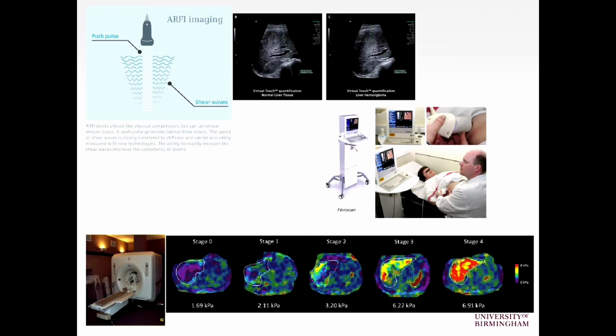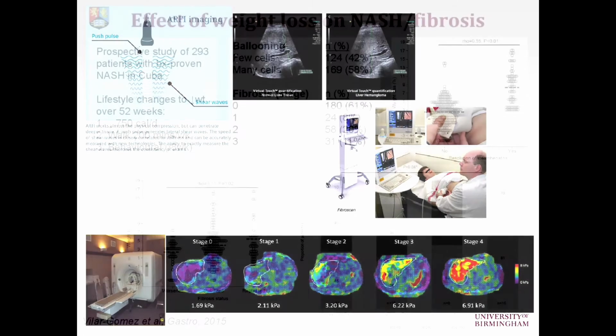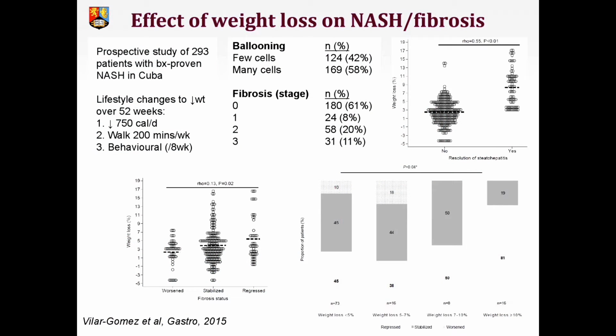There are certain truisms which have been demonstrated many times. That is weight loss, the effect of weight loss. Target weight loss is somewhere between 7 and 10% because at that point you seem to reduce the group in which the fatty lesion progresses and you stabilize or improve the histology in the majority of patients. So anything more than 10%, well done. But 7 to 10% is the target weight loss for somebody with fatty liver disease to prevent